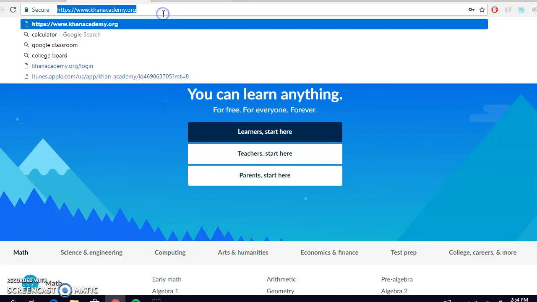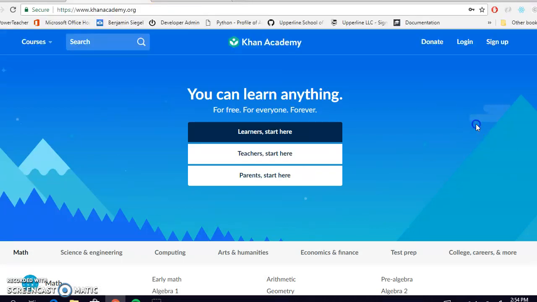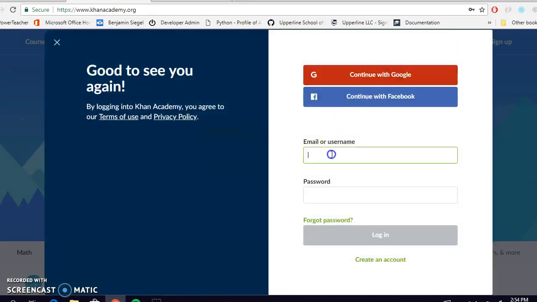Very easy to do. First thing you do is go to khanacademy.org. After that, you're going to log in. And I've already made myself a login page. So if you haven't, you have to sign up. So I'm going to get myself logged in,